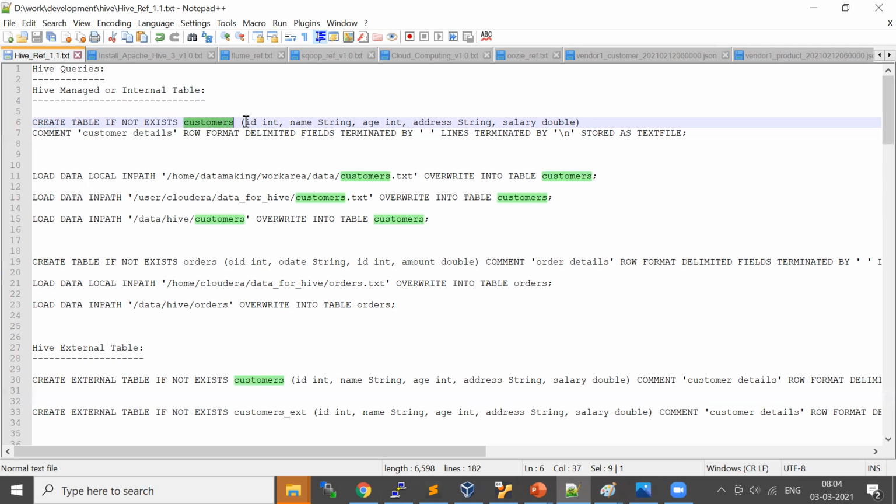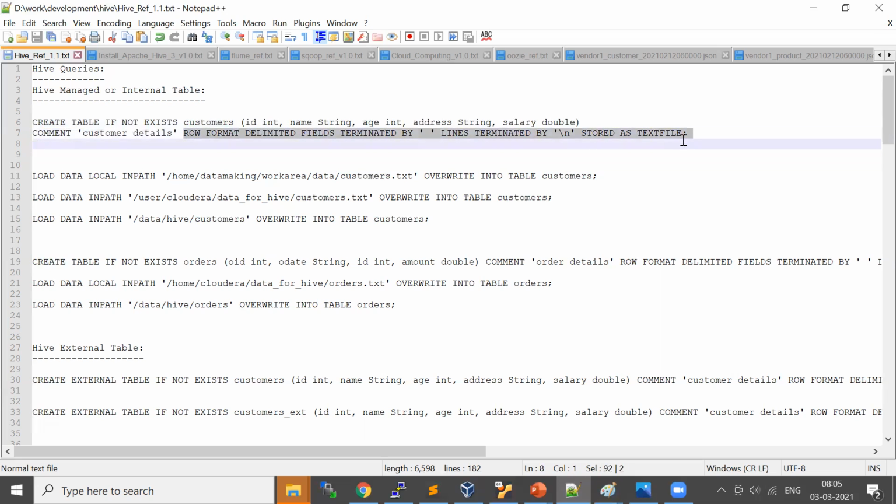And the column information: integer, string, address is again string. For salary, mostly it will be a whole number, but if there are any decimal points, you can use a double data type. And you have another keyword called comment, where you can provide a quick note on what this table is for. This is a very important thing to note down.